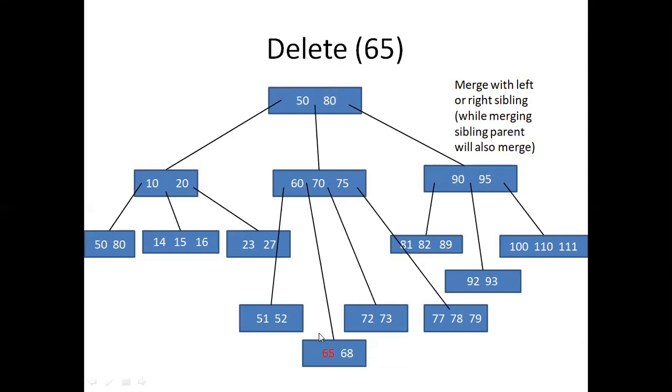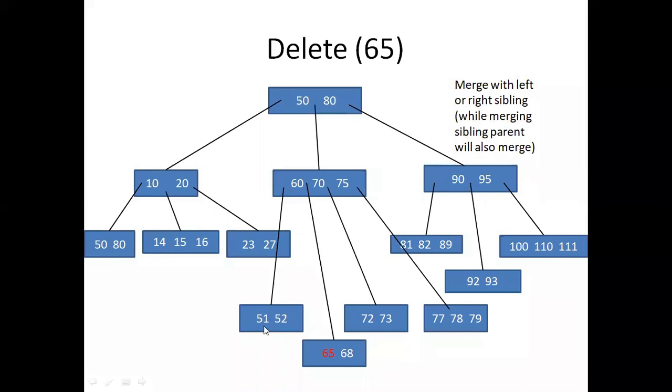Okay. Now, suppose I want to merge this value with the left sibling. Between this left sibling and this sibling, which parent is there? Parent is 60. So while merging, when there is a patch up between two siblings, the parent has to come in. So for merging this node's key value with this 60, it should merge along with its parent.